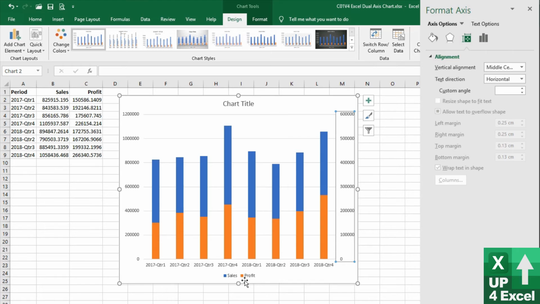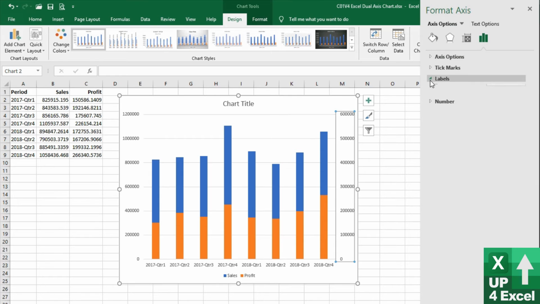So we're now showing sales and profit. We've got the two axes showing. Our profit bars are sort of out of scale, if you like, to our sales bars. But we know there's a problem because we can see we've got a dual axis chart. But if I was to click on this axis and now say, let's